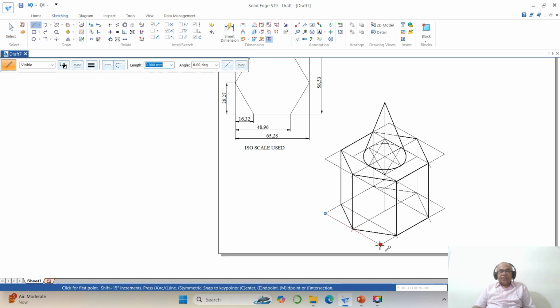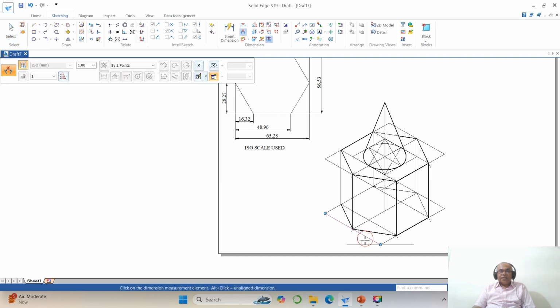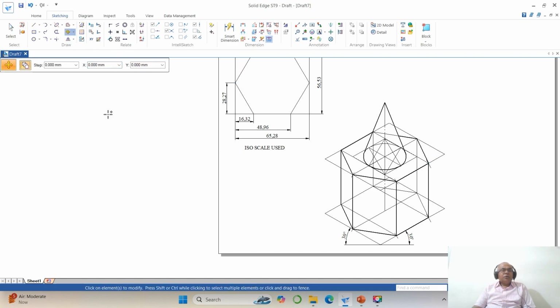Now you go for line, take this horizontal line and you just go to extend to next. Then you go to delete this, go to dimension, angle between, select these two, 30 degrees, you select between these two, take 30 degrees. So this is the move, enable copy, select this and you write ISO scale used. So again you go to move, select this entire drawing,